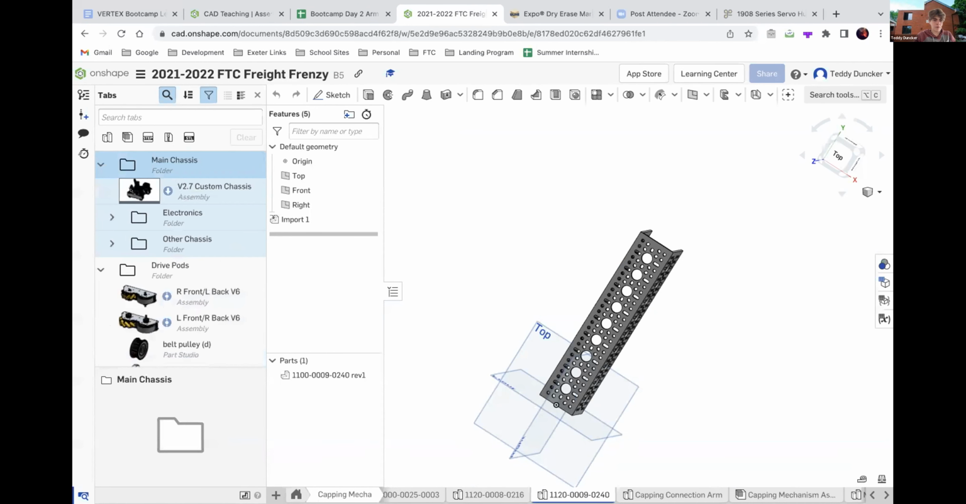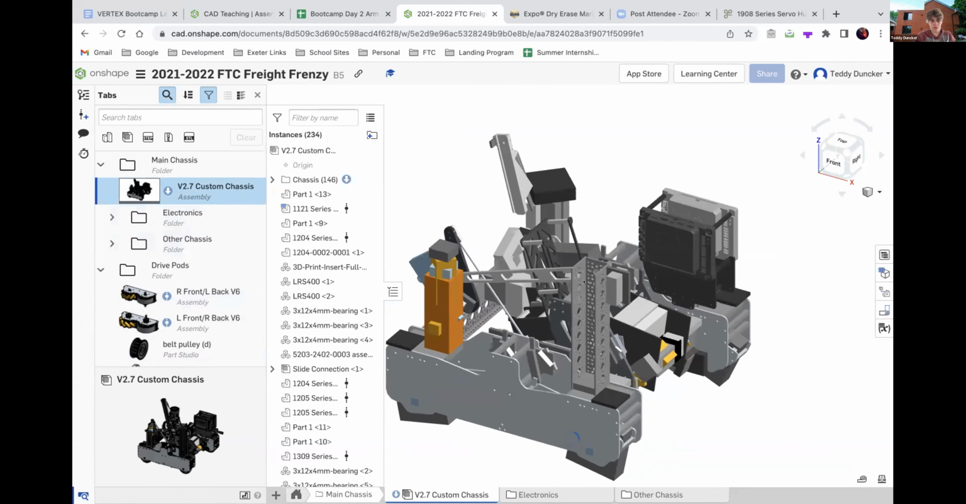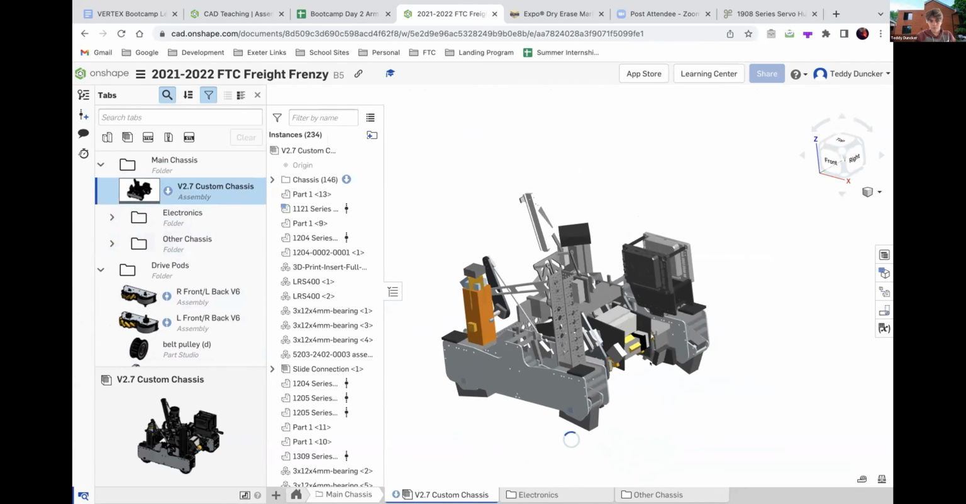But anyway, when we all put it together in an assembly, it turned out to look like this. It actually takes a while to load, but once it finishes buffering, you can see why assemblies are so important. You could never do something like this in a part studio because you would need to create every single part from scratch. In assemblies, you can import things like